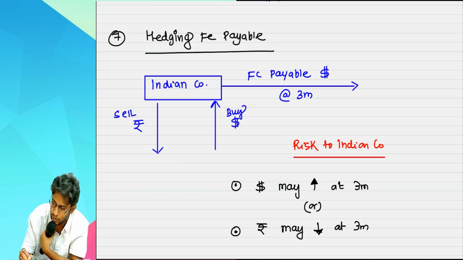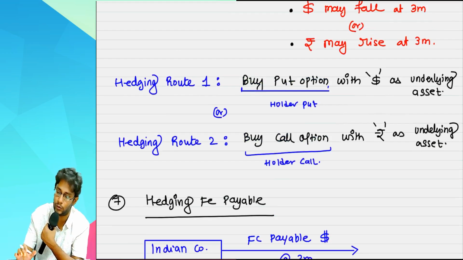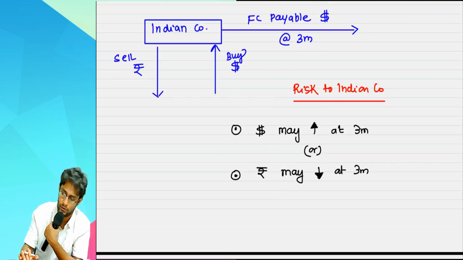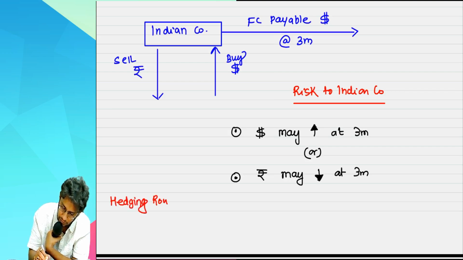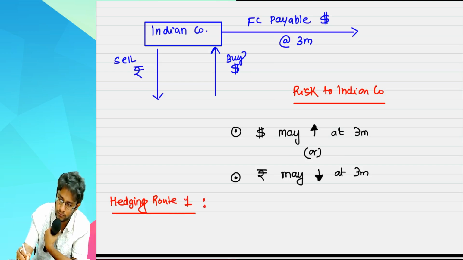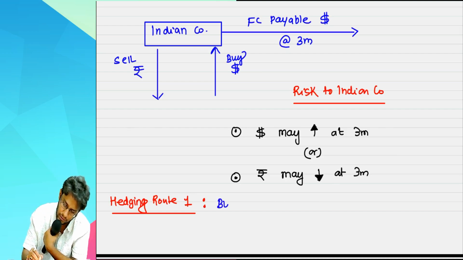They are not independent events, but we are writing both because each risk gives you one position you can take. Remembering it will be easy for you. Two routes to remember, that's why I am writing both angles. So your hedging route 1: the dollar may rise, so you will buy a call option